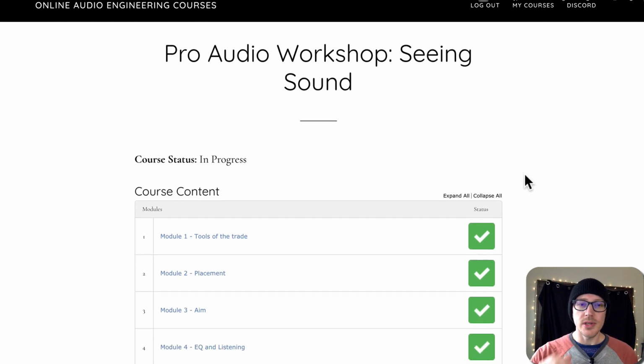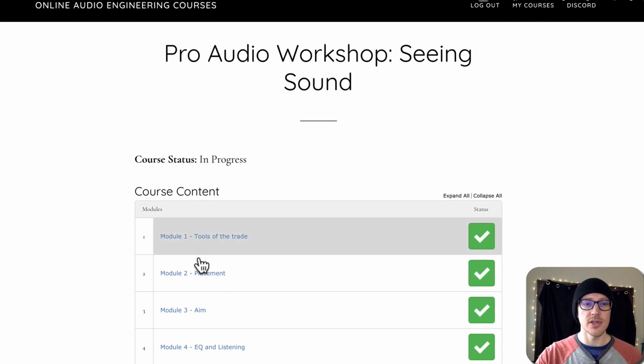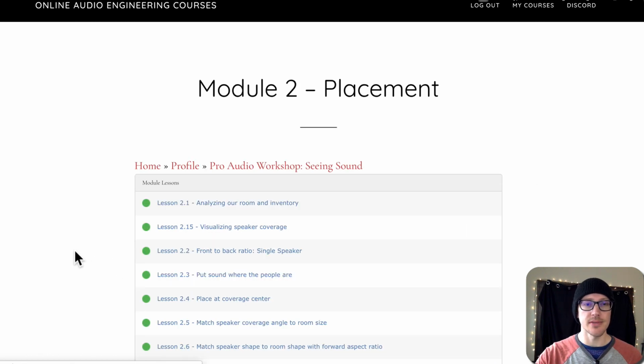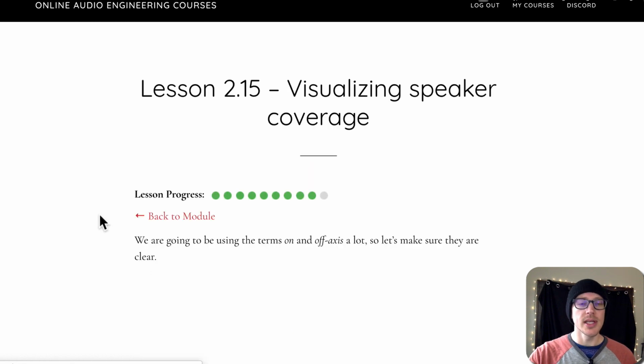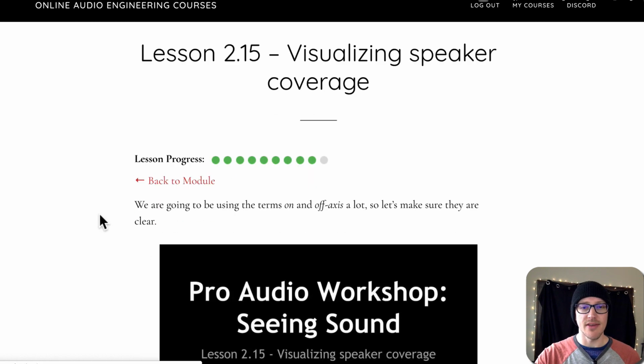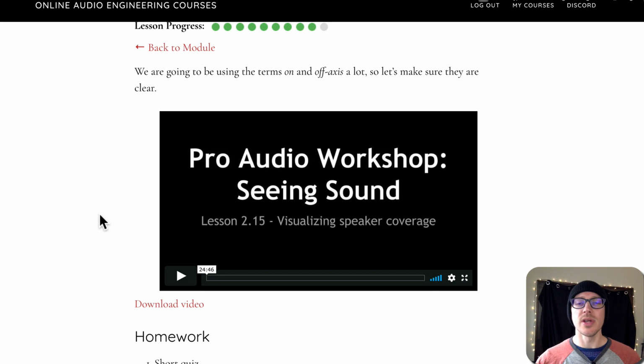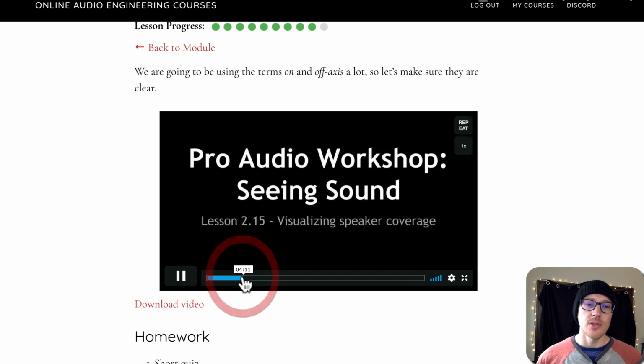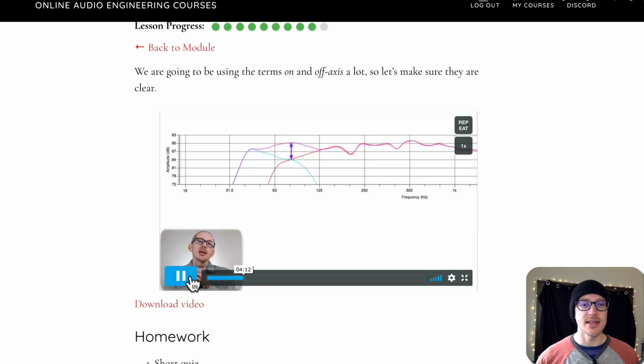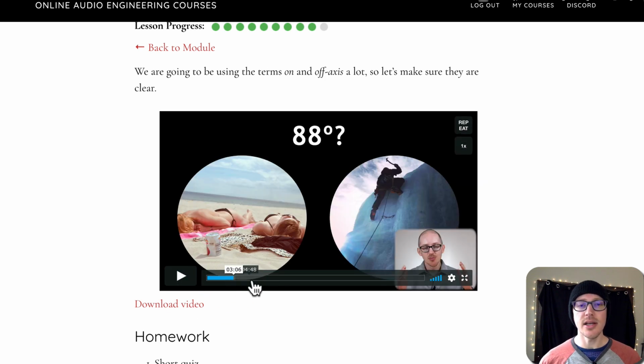So getting into the course updates themselves, the first lesson I updated was lesson 2.5, Visualizing Speaker Coverage. It used to only cover basically on-axis and off-axis, and I realized that it needs a little bit more detail. So this lesson now covers on-axis near, on-axis far,